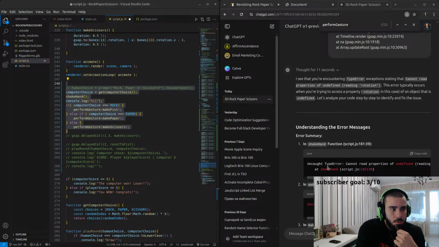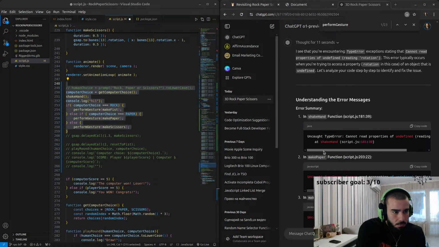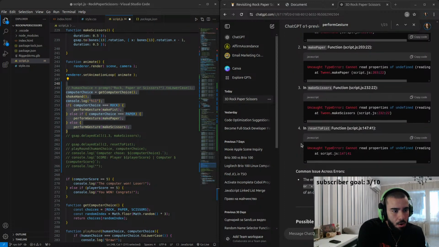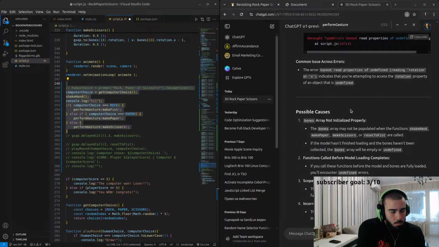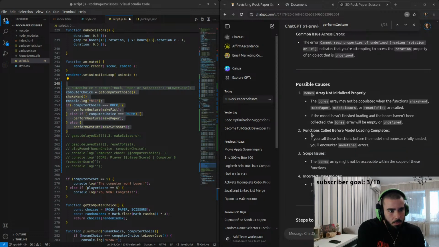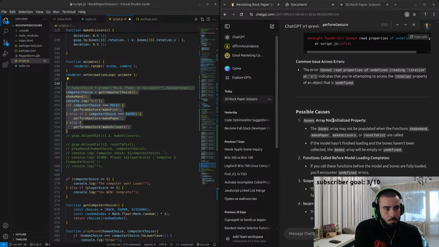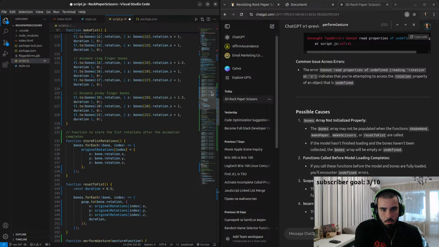Let's analyze your code step by step. Okay. In shakehand function. Okay, just pointing out the errors. Bones array not initialized properly. The bones array might not be populated when the function shakehand make paper or so are called, which I think